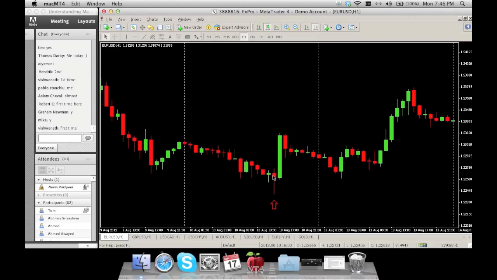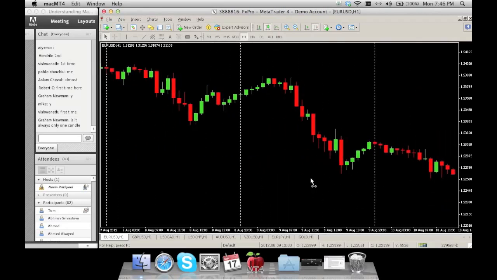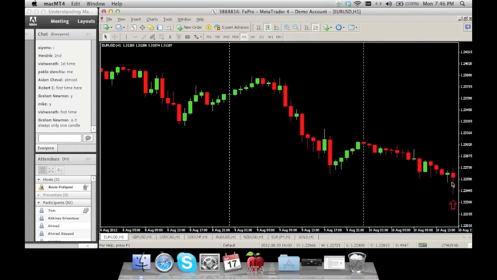Look at the size of this candle. First of all, it's a pretty decent sized candle compared to the past. It's a very large candle. The tail is sticking out. You can see it from a distance. If you hadn't seen the market in the future, you can actually spot this from a distance and be like, wow, look at that tail. It's huge. When you have an exhaustion candle like this, it indicates a reversal in the market,